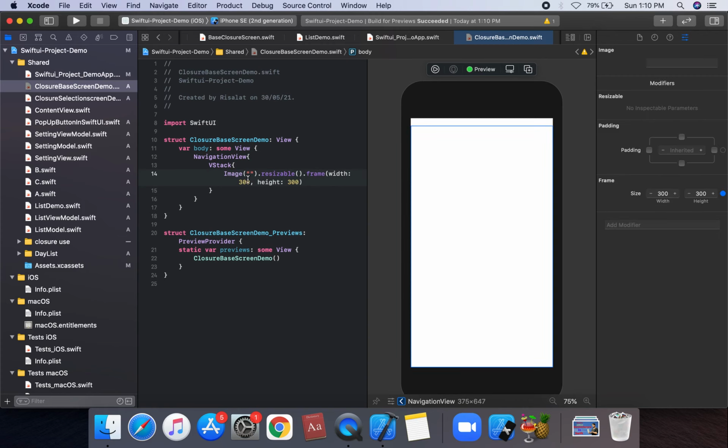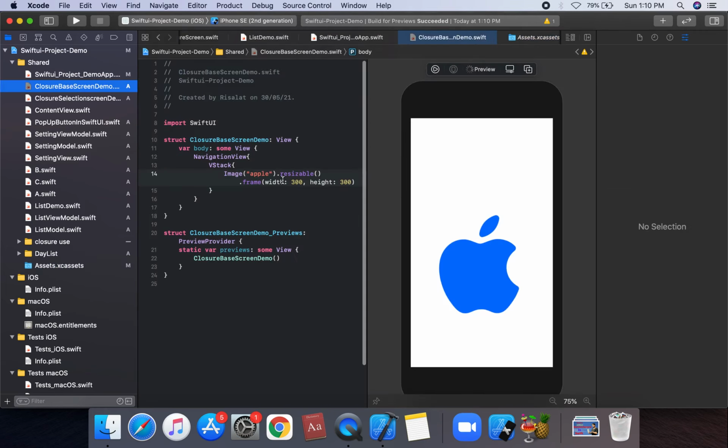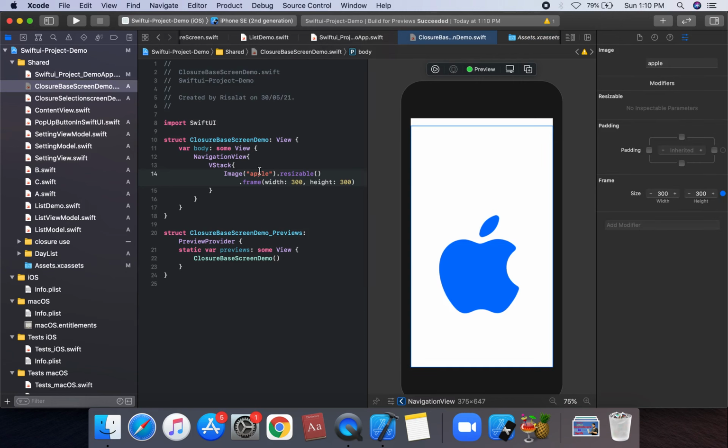We create an apple image, so in our assets we import the apple image and assign the same asset name to the image.